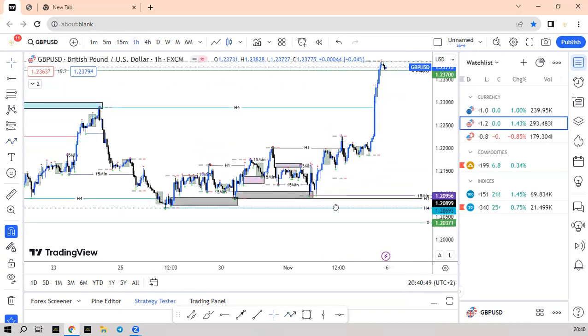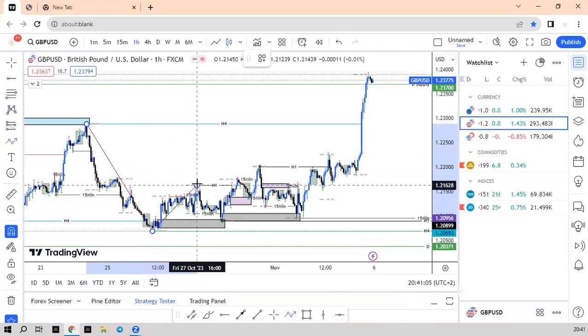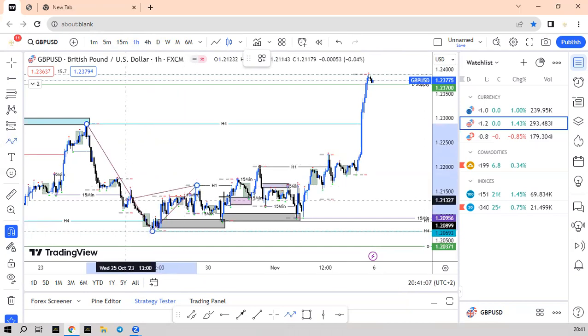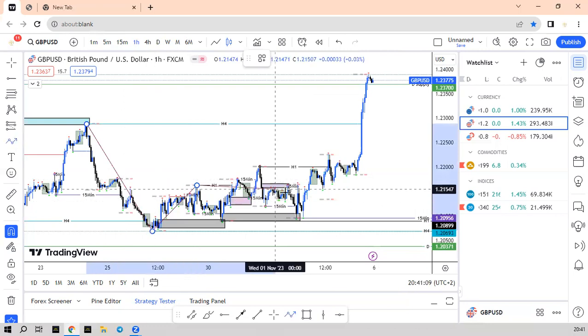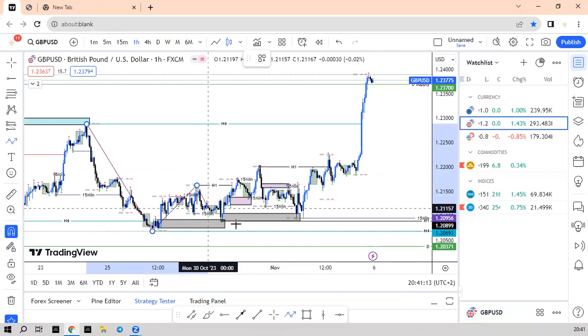So H1 was bearish from here to here. Then what happened was that we were looking for sales last week here. I think I took a lot. No, it's not this one. I don't know, maybe it's euro. I lost a trade because I was selling. Understand? However, it created another sort of